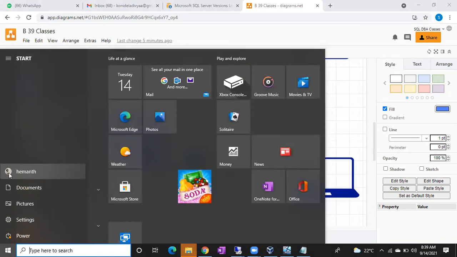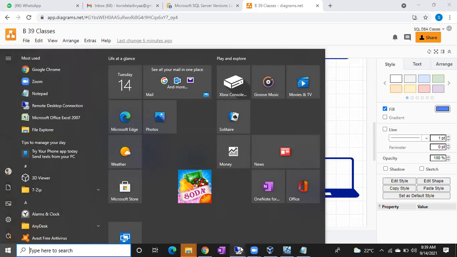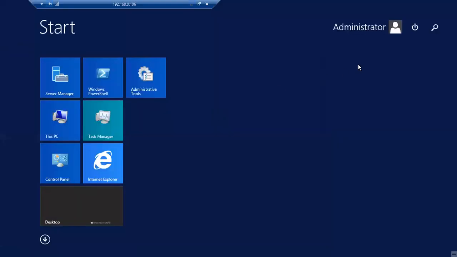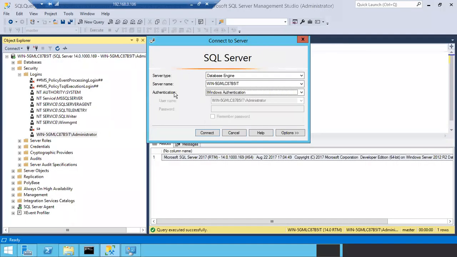If the Hemant login is already created in the SQL Server, then Hemant can log in. If the Hemant login is not created in the SQL Server, Hemant cannot log in. So if you logged in as Suresh here, the name will be changed to Suresh. When you open SSMS in the server, you will get computername\Suresh. There is no computername\Suresh user account here, right? So simply it will fail. That Suresh cannot connect to the SQL Server. Clear, guys? Any issues, any doubts?